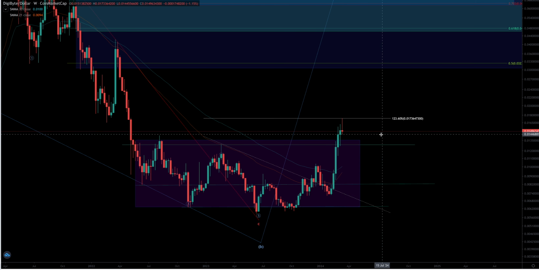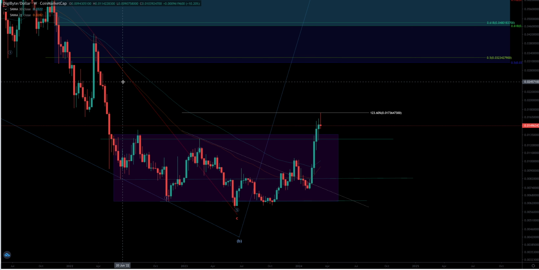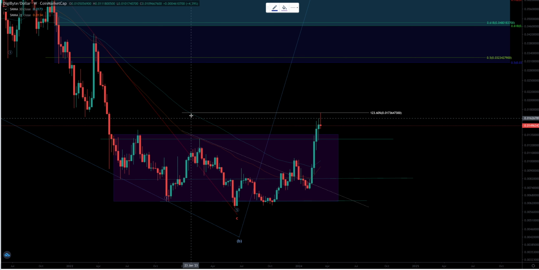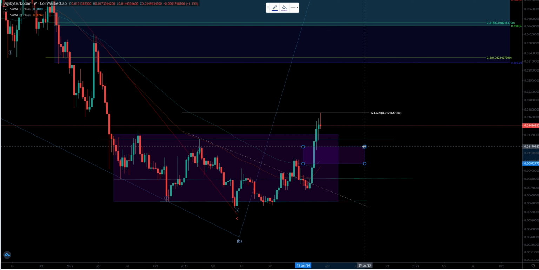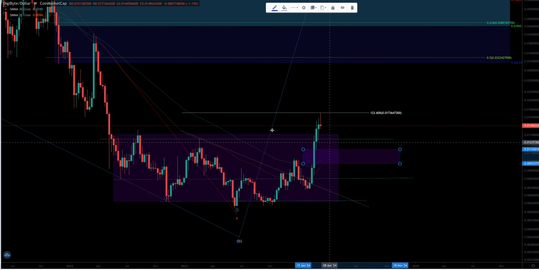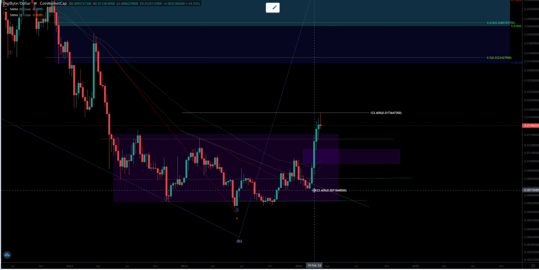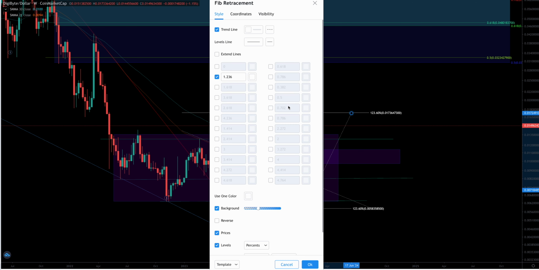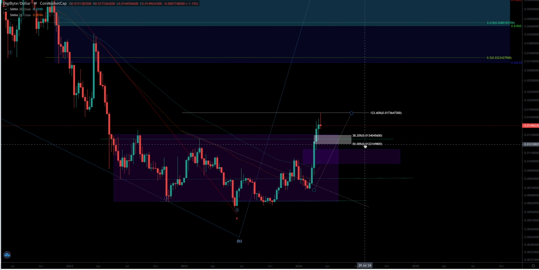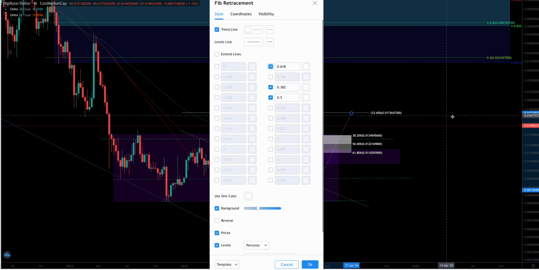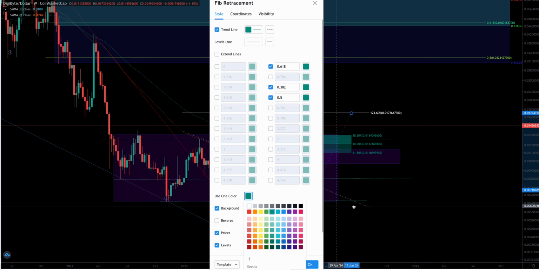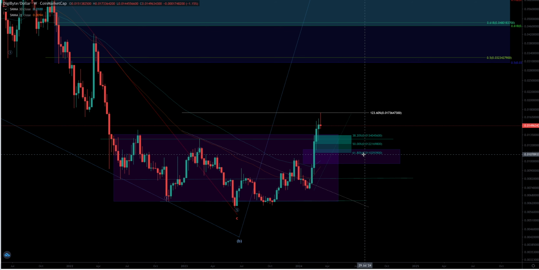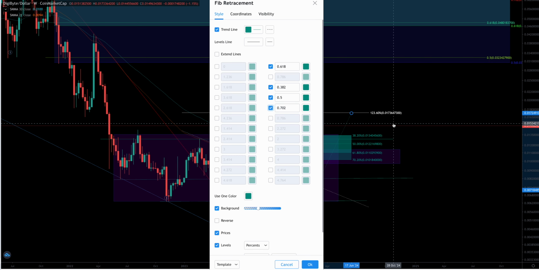So we're going to see how this weekly candle closes tomorrow on Sunday, but we have a weekly FVG over here. I don't think it'll come down this low. I think it'll just come down to the 38.2% fib, 50% fib region on the linear scale. And let's also add the 618 in there, yeah. So these fibs over here are the fibs you're going to want to DCA at for the anticipation of a